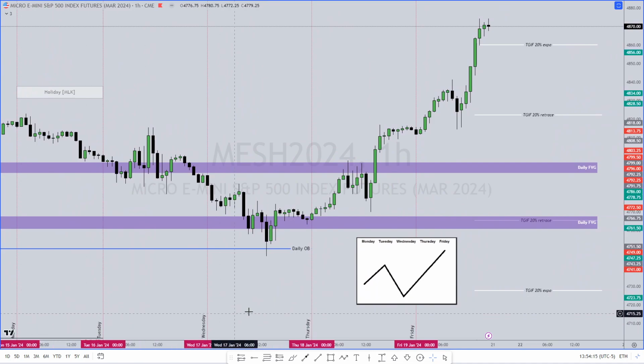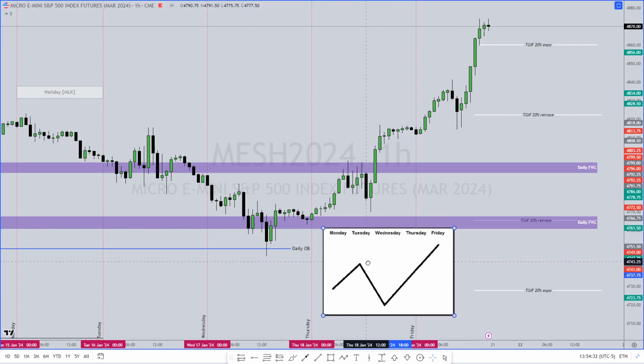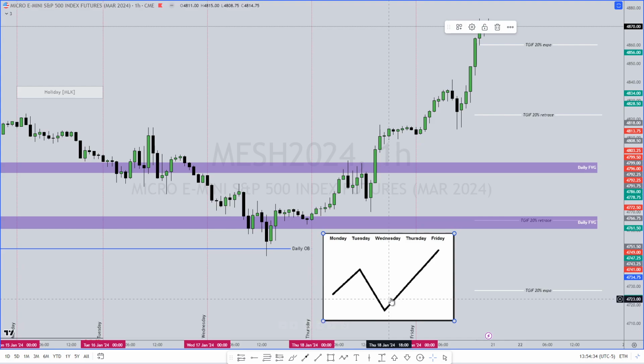So on this week from Monday through Friday, we can see the 2 fair value gaps on the daily, the purple, and then that daily fair value gap wicks in right at 1 o'clock on Wednesday, which gives us a Wednesday low weekly profile. And that weekly profile Wednesday low suggests that price will continue to make new highs going through to Friday. So once price wicked into that daily fair value gap, that daily order block, those fair value gaps started to hold true, and it all kind of builds on top of each other, like reinforcing